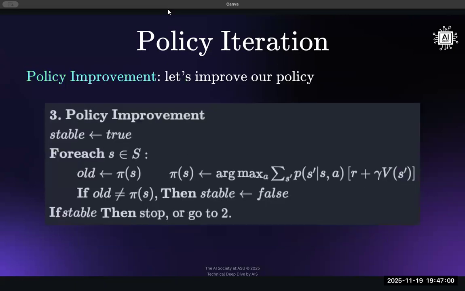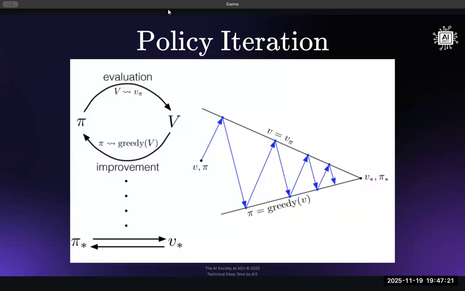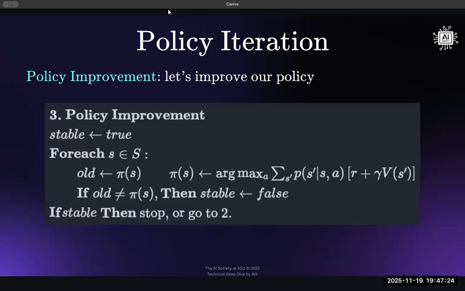And then policy improvement would just be improving the policy given that value estimate. So let's say from this part, we got the converged value estimate, and we finished this loop because this was less than theta. So now we have that big V of S, which we will then use here to get that new pi. That pi is a policy, which will just be the maximum over, again, the Bellman equation. But this time it's not a sum over all actions, it's just a sum over the transitions. And for the transitions, of course, we need full knowledge of the environment.